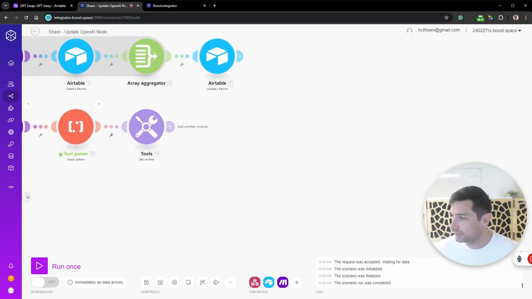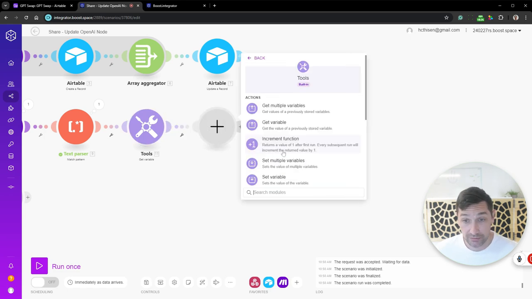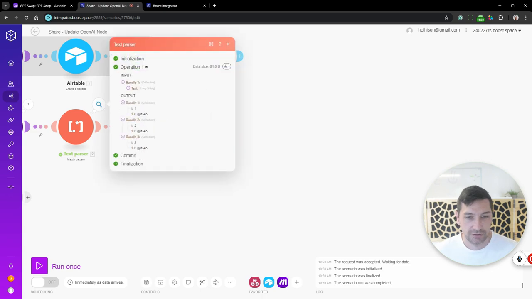So we're going to get that variable, and then we're going to set the variable again, because we can't just update. I'm just going to explain why. We have all of these are GPT-4o nodes. So in theory, we could just update this script once by searching for GPT-4o and update all of them at once. But you might have a script where you have different OpenAI settings, and we can, but for this script,